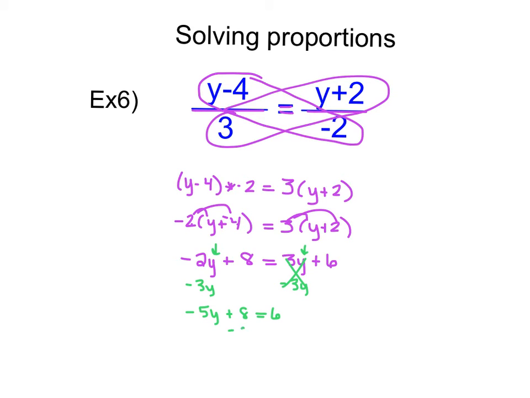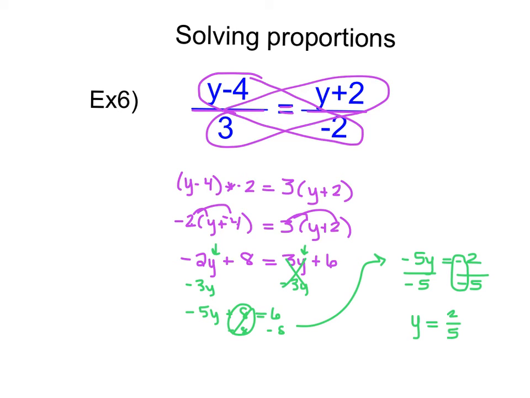I'm then going to subtract 8 from both sides to get my non-y values together. So I end up with negative 5y is equal to negative 2. I then need to get y completely by itself, so I divide both sides by a negative 5. So y is equal to, notice, negative over negative is a positive, so positive 2/5. So that's my value for y, where if I were to put it back into this original proportion, it would make